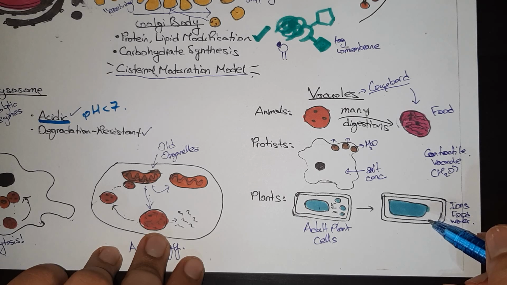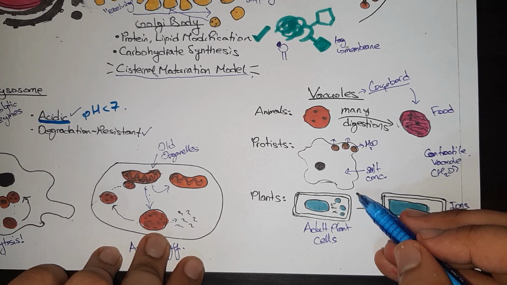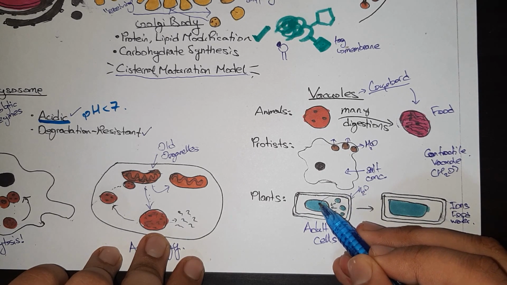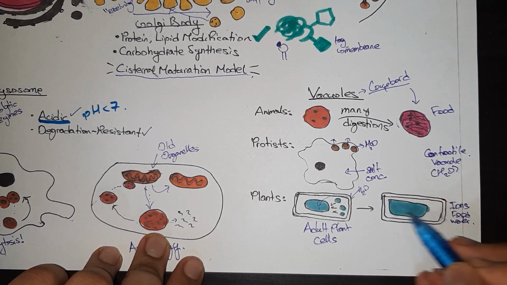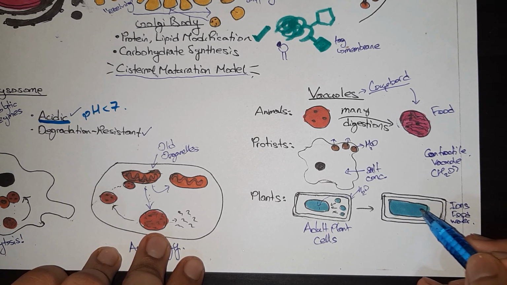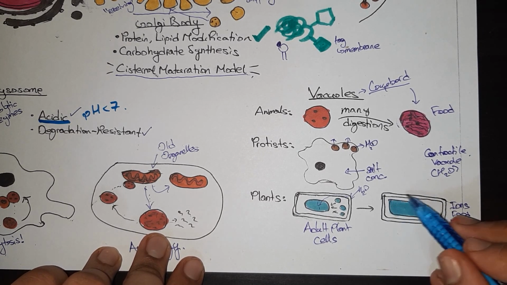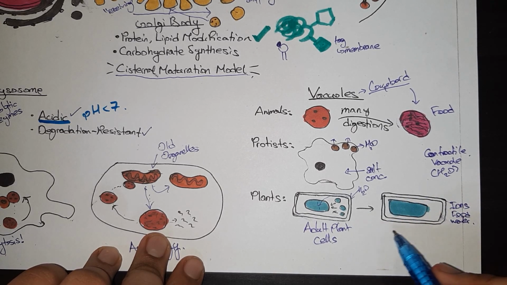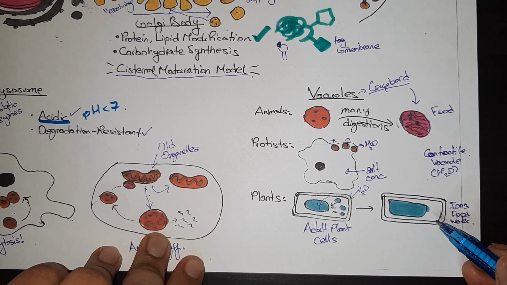What the plant cell can do is absorb water from the surroundings, and this water will now travel inside the vacuole and it will grow bigger in size. So now the cell has an internal pressure and this forces it to become bigger in size. So this is an easy, inexpensive way for the plant cell to become bigger in size, and this uses very little energy.